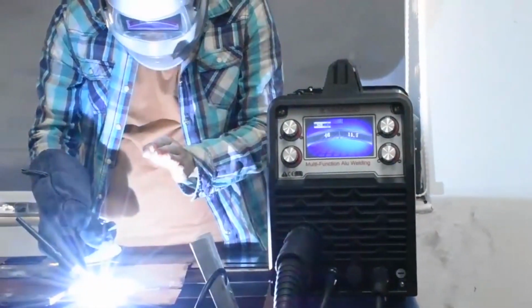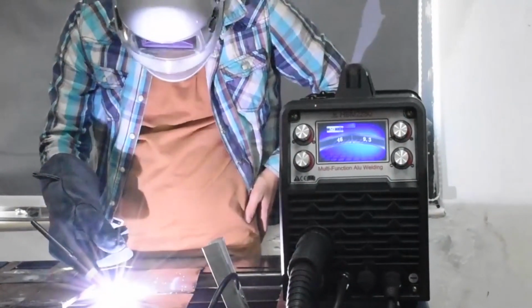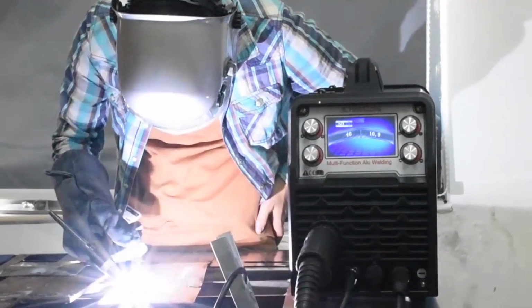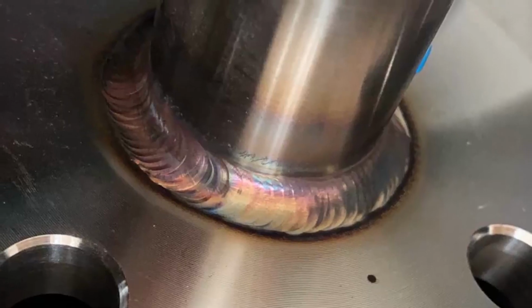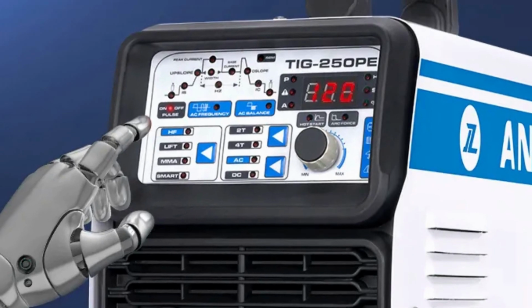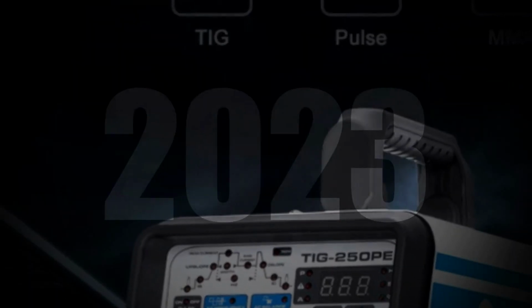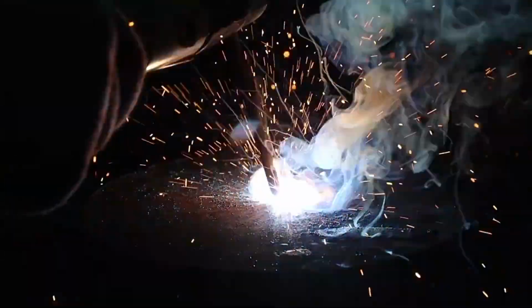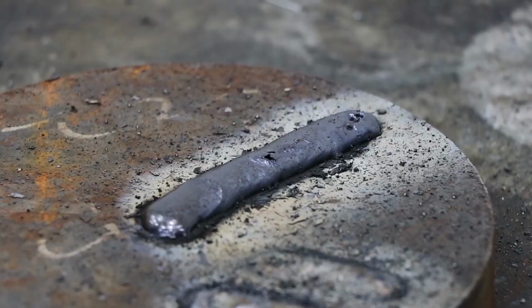Selecting the best welding machine is essential for achieving precise and high-quality welds in various applications. Whether you are a professional welder or a DIY enthusiast, having the right welding equipment can make all the difference. In this era of technological advancement, the market offers a wide range of welding machines, each catering to specific needs